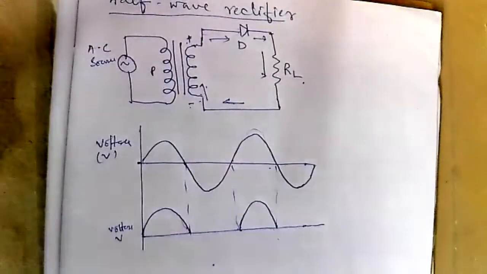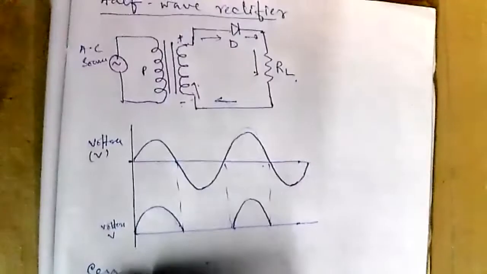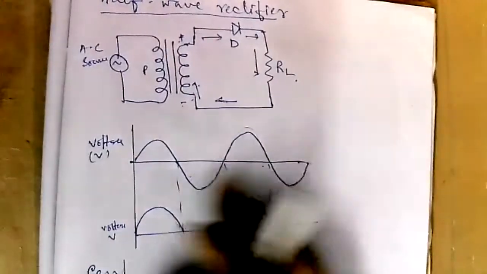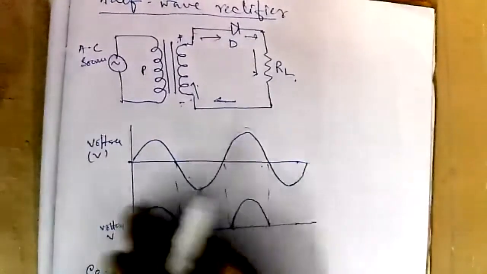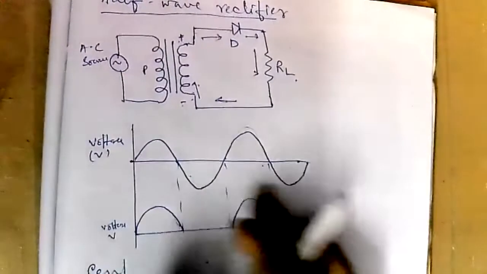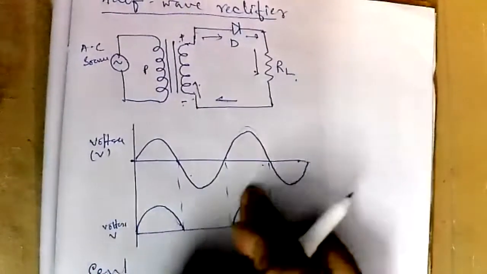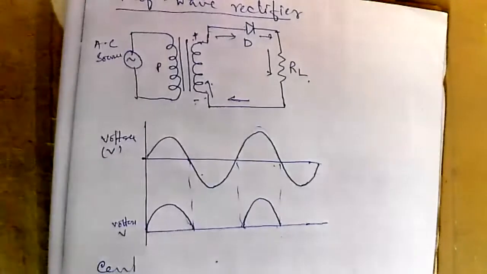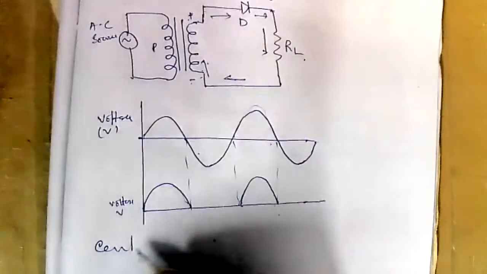Next is full wave rectifier, center tap type full wave rectifier. Now you can understand what is the problem. You are losing half of the wave. You are not getting the energy of this half of the wave. So only the half of the wave is rectified, and it is not smooth also. There is a huge change in the value of the voltage. In the middle, there is a zero voltage, then there is a peak, then there is a zero voltage, then there is a peak. So the obtained DC is very much unstable. That is why we will use this center